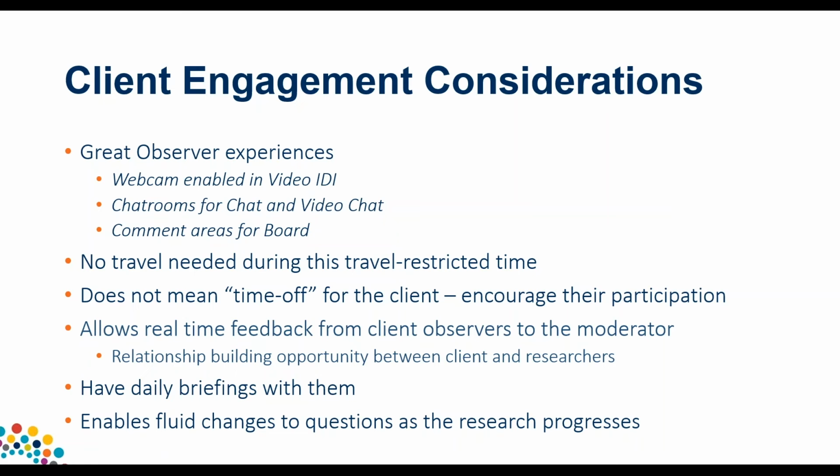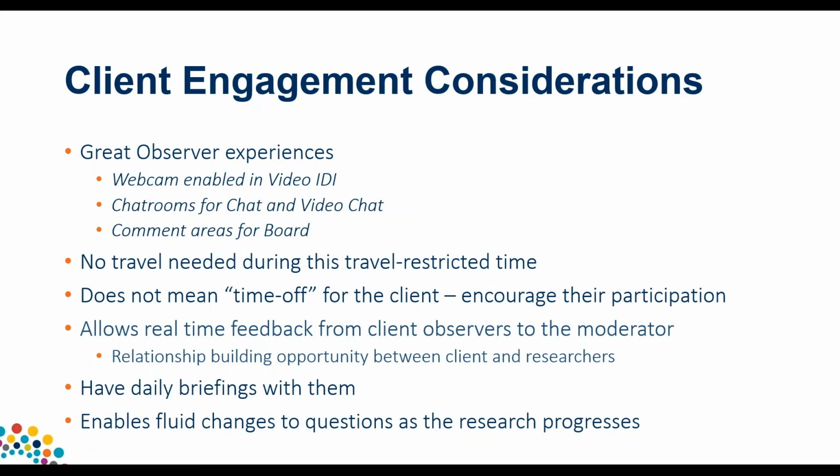It also gives you a relationship building opportunity by engaging your client. If you're doing a board, or video IDIs, or you've done a couple of group sessions, use clipping, coding, and editing. Drop some things in an email and send it out to the team, whether it's something funny that somebody said, something deeply insightful, or somebody started crying. You never know what your participants are going to do and how they're going to respond.